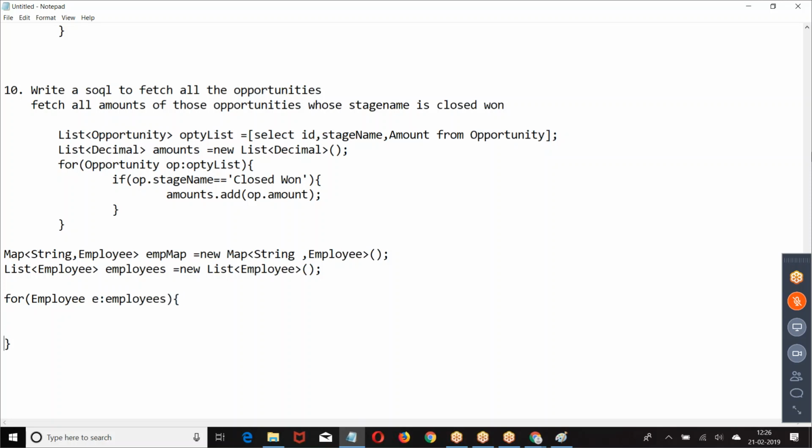E is a variable referring to one employee. From the list of employees, e is referring to one employee. Emp map dot put e dot employee number is the key, and that employee e is the value. Employee is a full record, so exactly, it's an employee object. Okay, fine. Thank you.